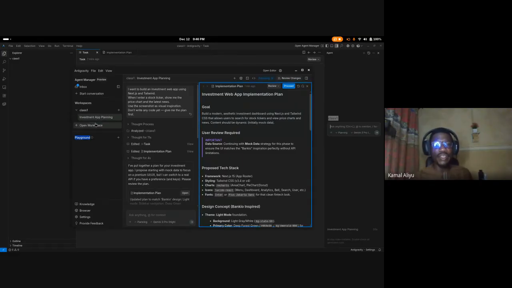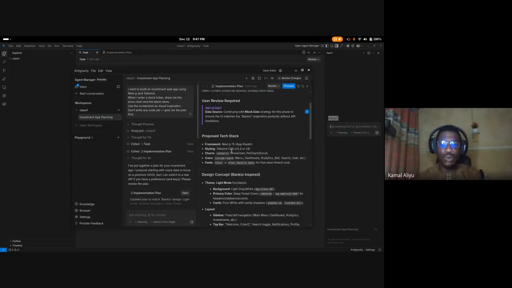So when I have the agent, I can chat with the agent. This is the first prompt that I give the agent. When you open the agent for what you create, it will give you a text area where you can prompt the AI. In my own case, I forgot to add an inspiration, so I first started with this one. It generates the plan. You see, this is the plan. We have a very long plan, the goal, the user review required.